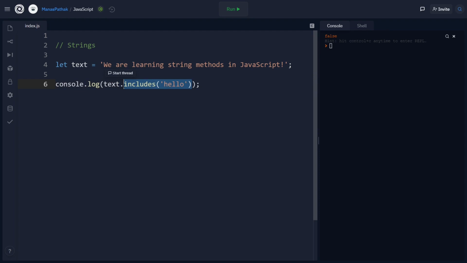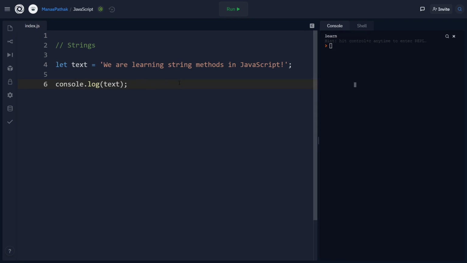Alright. So one last method I'm going to be teaching you guys is called the slice method. The slice method is used to get a part of your string. So if I do 7 and let's say 12, we will get learn in our console. So here we are getting a part of our string. We are starting with the 7th index and then we are getting the letters up to the 12th index. So L is at the 7th index, so we'll get L, E, A, R, N. N is at the 12th index and we will get learn in the console.